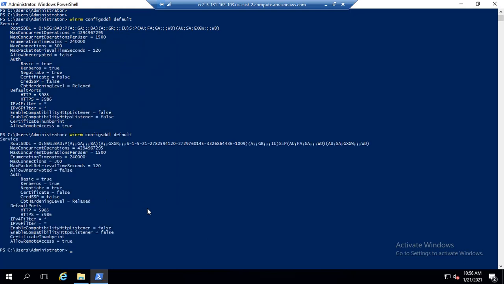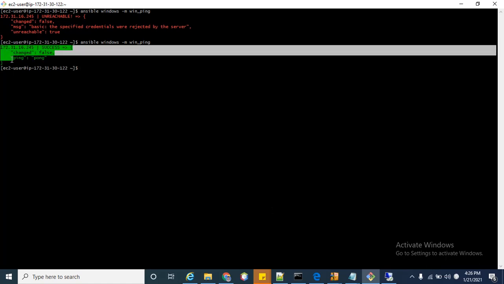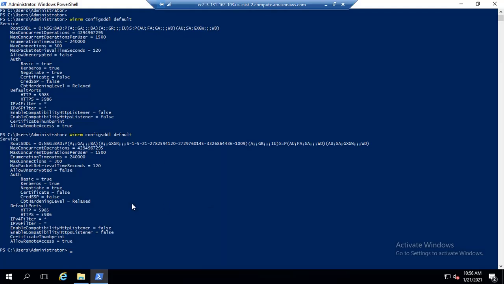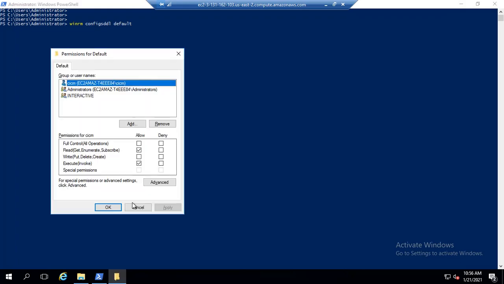So the user must be a local user. If you are using Kerberos, it should be an AD user, and if you are using basic authentication, the user must be a local user. Guys, the user must be a local user. In this case you have to verify this thing. Let me check this again. Yeah, it's working again, you can see. So I hope you noticed what I did. This issue is very common, multiple developers face these issues. So I hope you understand this thing.